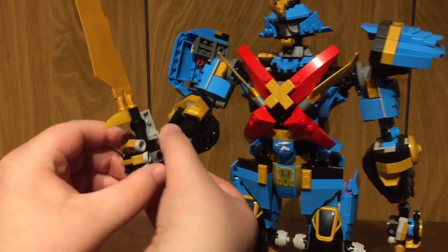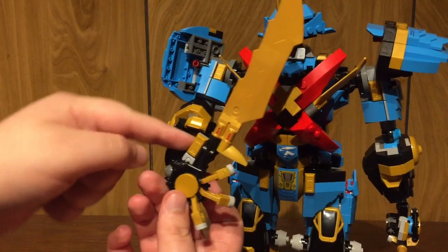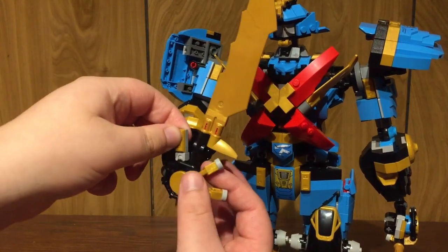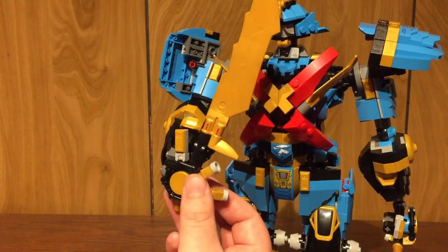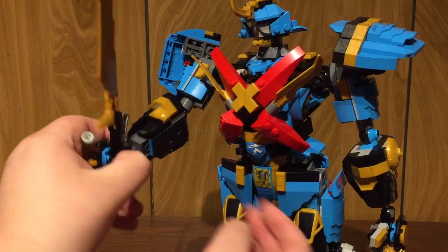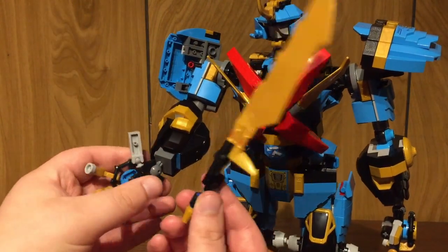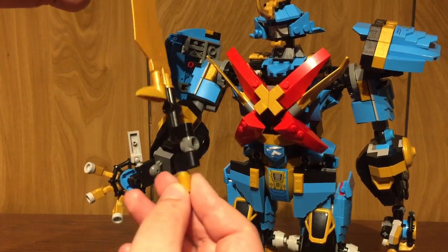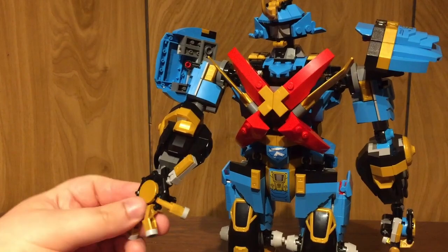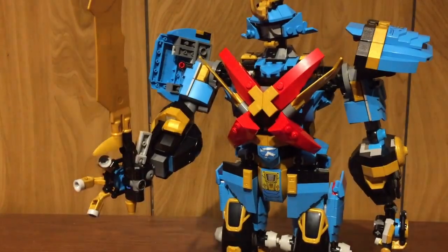Now, you can open up the hand, which is individually fingered like that, and there is a thumb, which kind of feels weird with the coloring, but at least the finger is a light bluish gray, which kind of makes it feel like it fits in, but still feels weird nonetheless. But anyway, the sword holds in there via a Technic pin, and removing the sword looks really wacky in my opinion. But yeah, you can pose it without the sword in hand, and like I said, you do get 2 swords